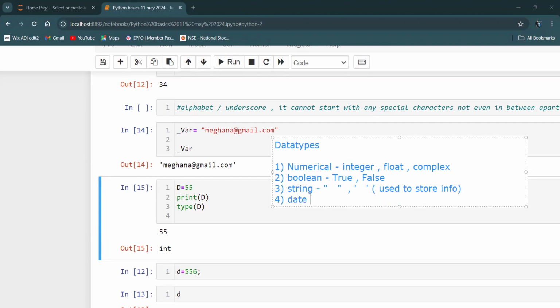And one more data type, that is the date time data type. Whenever you work with a large data set, for example, you have customer details with you, when did the customer order? So a date time stamp will be there on Excel data, or data can be in any format. You have a date followed by a time, and that is called the date time data type.